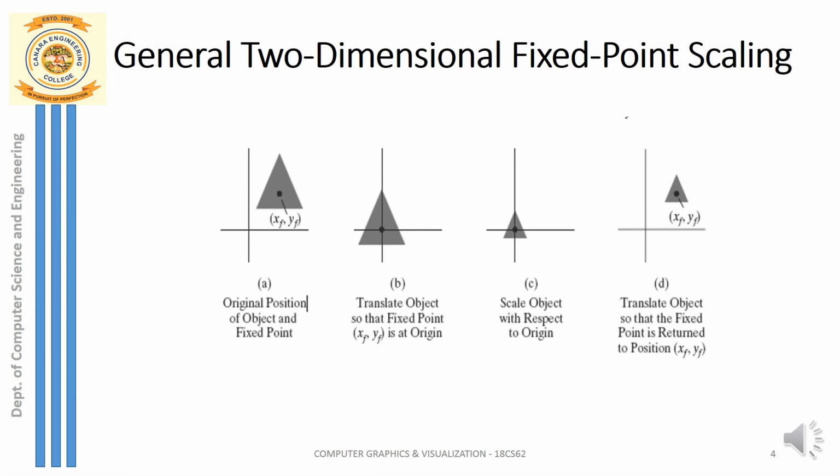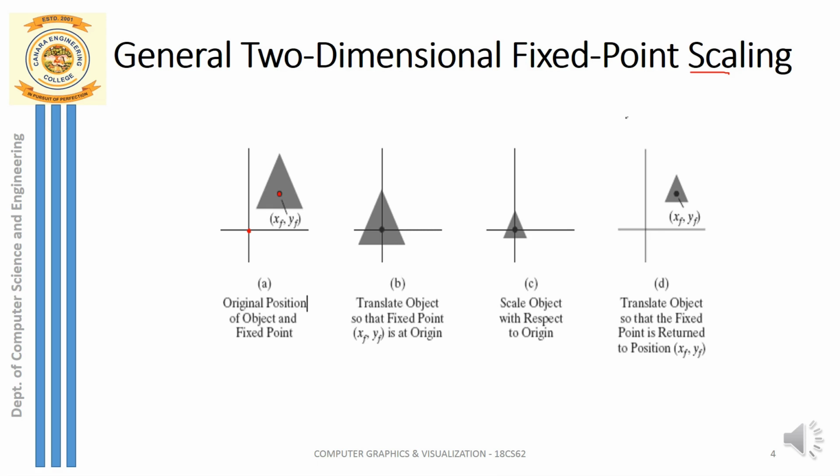We have now the next type of transformation. And the next type of transformation that we can apply is scaling. Scaling also can be done about an arbitrary point. But we have the standard scaling matrix wherein it is applied by taking origin as the fixed point. But here we can perform scaling about an arbitrary point, say xf comma yf. So how do I apply scaling about an arbitrary point?